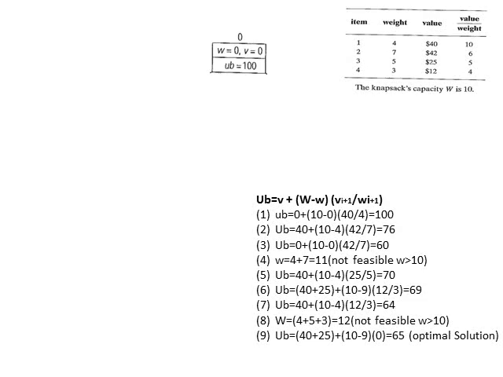Then let us discuss the second node. While going on the left, we have to include the first item, and on the right we exclude the first item. So on the left side we include the first item. So the value V is equal to 40. We are adding only one item, so it is 40 plus 10 minus the weight of the first item, which is 4, so 10 minus 4, and then the next item, the second item, is 42 divided by 7, which is equal to 6. So 40 plus 6 into 6, 40 plus 36 is equal to 76.